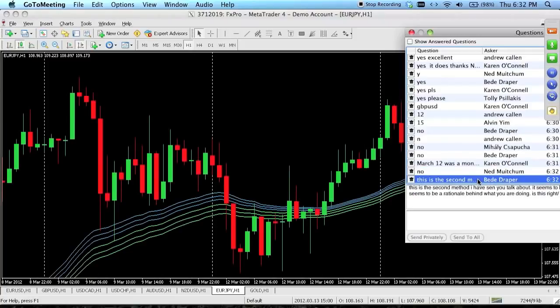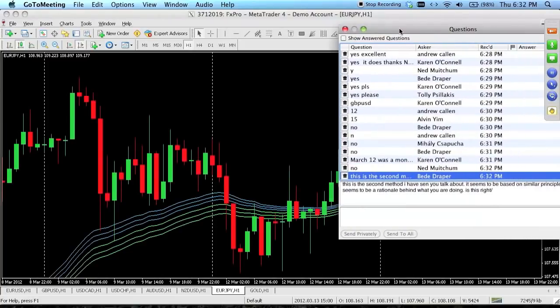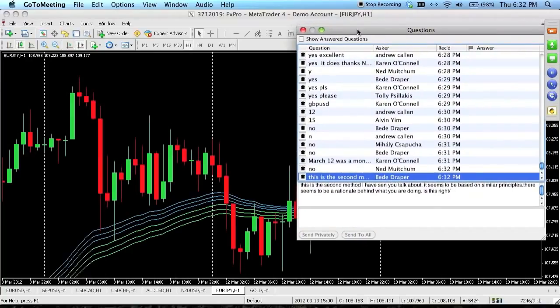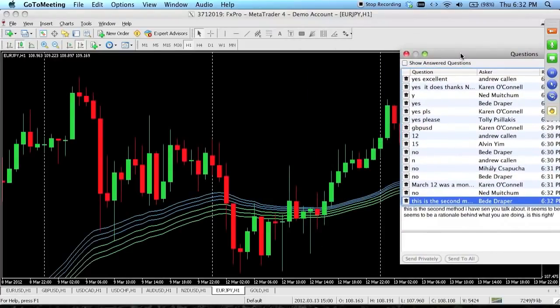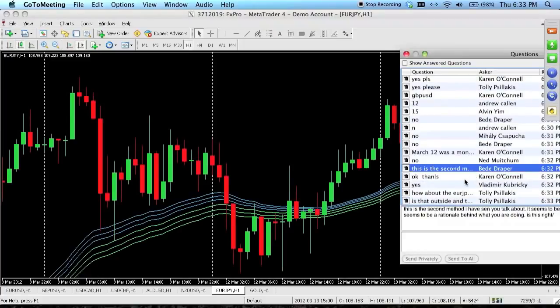Bede, this is the second method I have seen you talking about. It seems based on similar principles. There seems to be a rationale behind what you're doing. Is this right? Yes. I always try to bring out the point of seeing the market as a whole, rather than trading one pair at a time, adding a million indicators on it, trying to find the golden trail. It's not going to work. I try to train everyone to look at the market as a whole, to understand what is going on in the market. Turn off the TV, turn off the news. You don't need to watch that. It's really useless. But coming back to Euro Yen, is there a trade